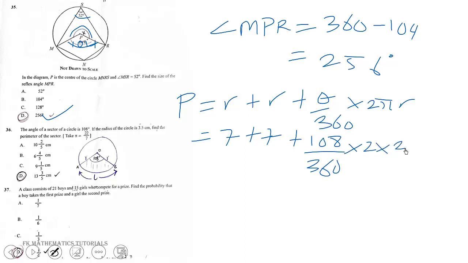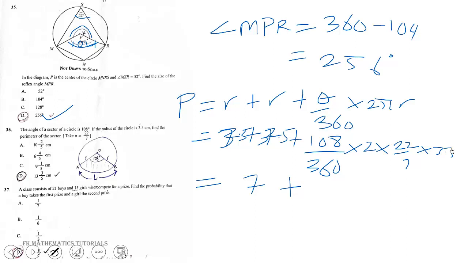Pi is 22 over 7 times radius, which is 3.5. It's not 7, so the radius is 3.5. So this will give us 7 plus, so let's go,